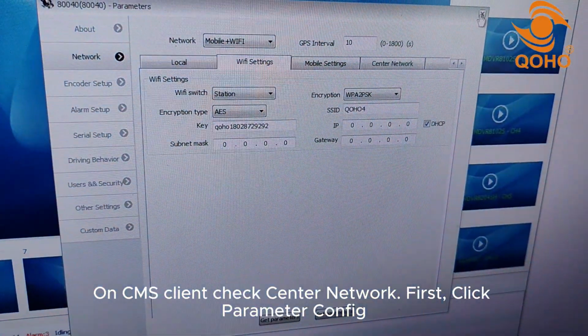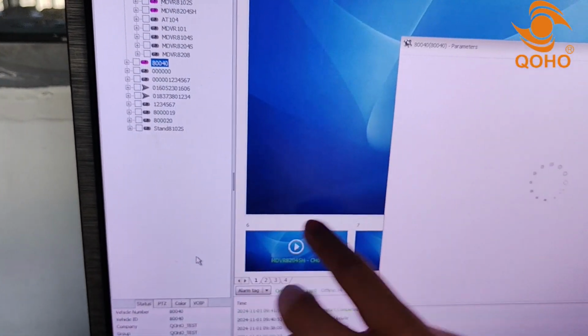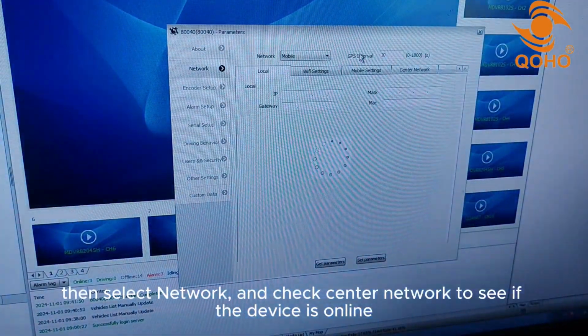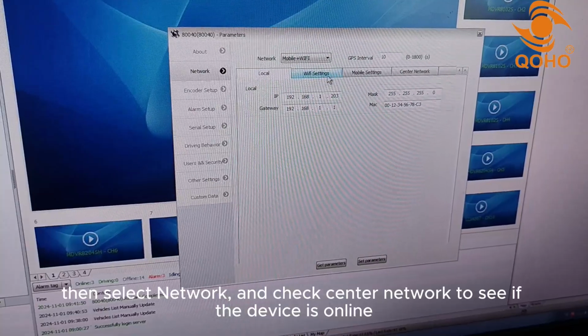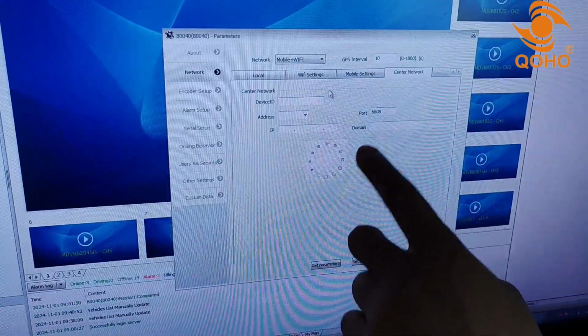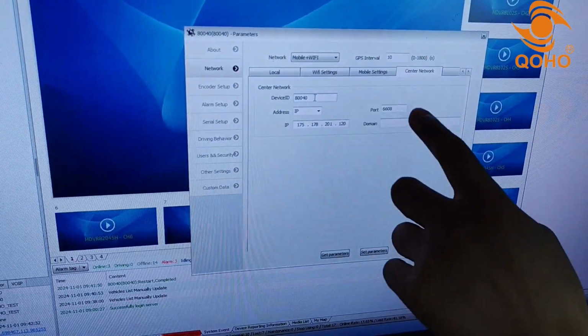On CMS Client, check Center Network. First, click Parameter Config. Then select Network and check Center Network to see if the device is online. 这里设置 WiFi， 这里可以设置上报平台、IP 地址和设备号，还有端口。